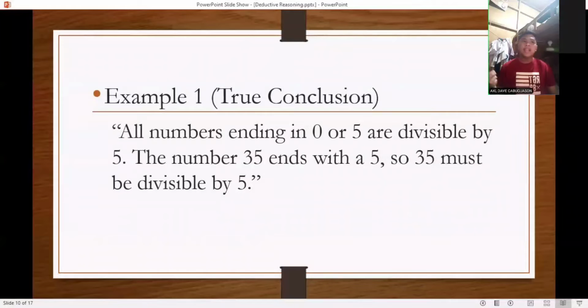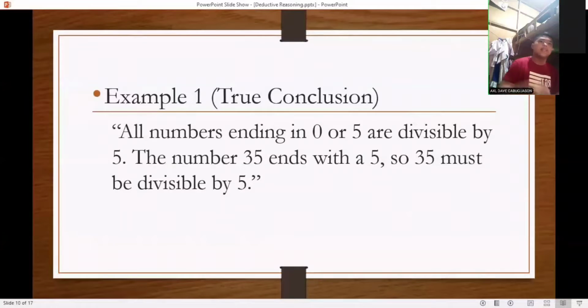All numbers ending in 0 or 5 are divisible by 5. The number 35, rather, ends with a 5. So 35 must be divisible by 5. So we can say that this is a deductive reasoning, because it starts with a general idea or a major